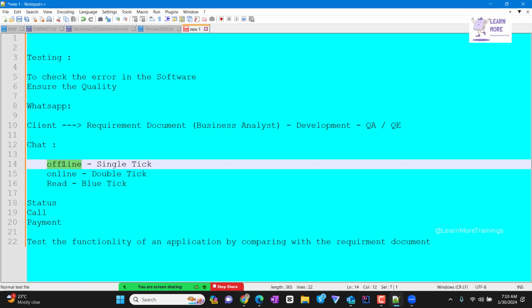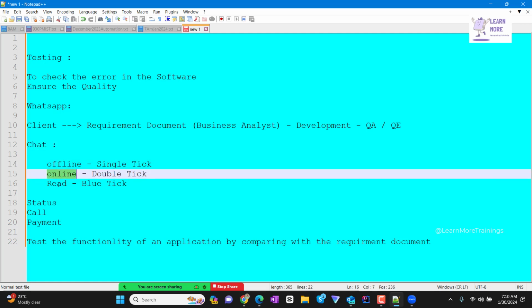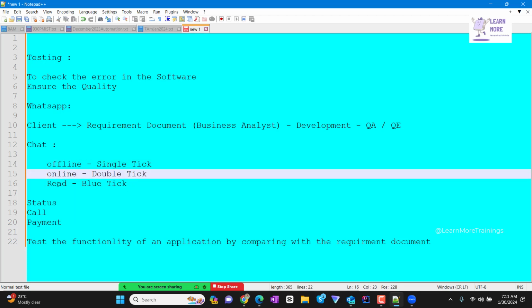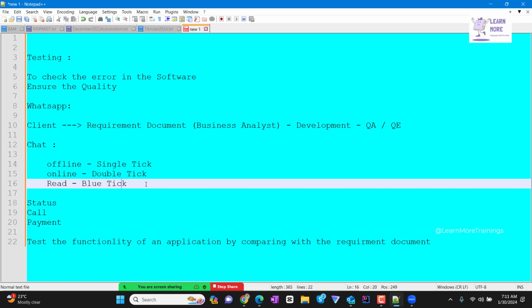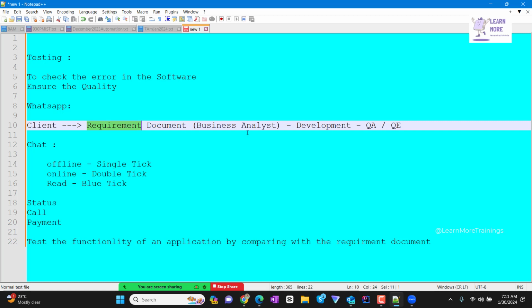So how will we ensure the instant chat is working fine? We will have a few requirements in which they specify how this chat should work, which means they will mention each and everything in detail. So if the user is offline, it should be a single tick. If online, it's a double tick. If I read the message, it will be a blue tick. All the information will be available in the requirement document, and as per the requirement, the developers are going